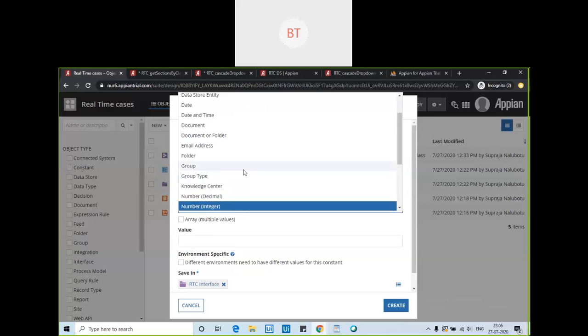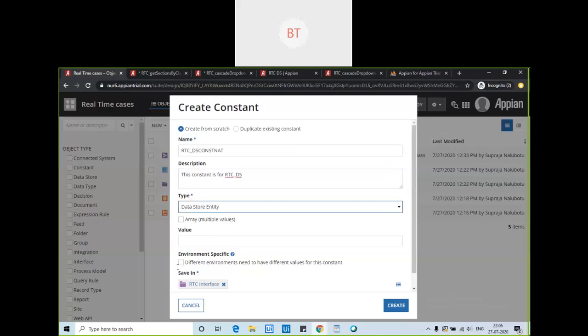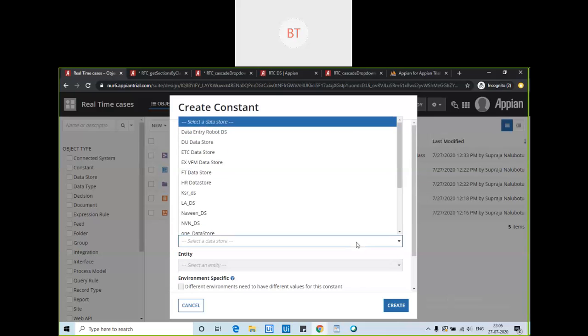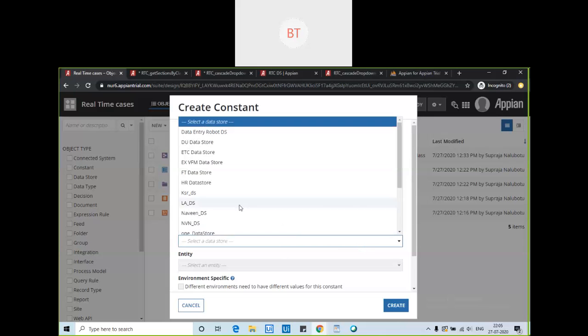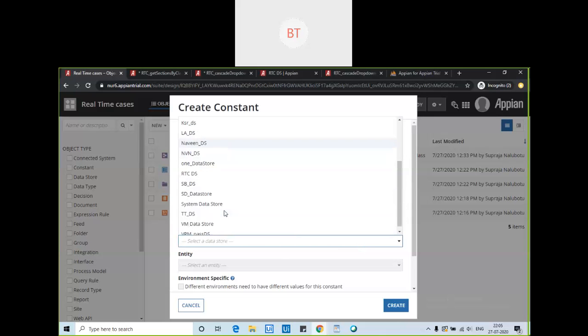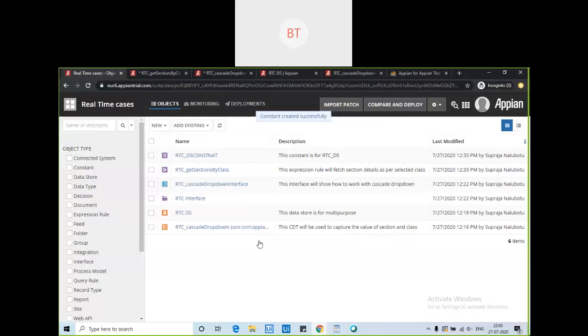You tell me, Nikhil. What will be the type? Data store entity, yes, right. Once we give the type as data store entity, we need to choose our data store from this list. This is the one, and then create it. Okay, our constant is now ready.